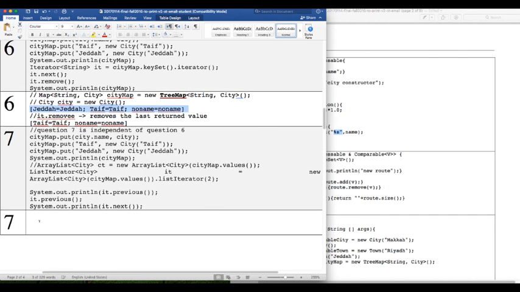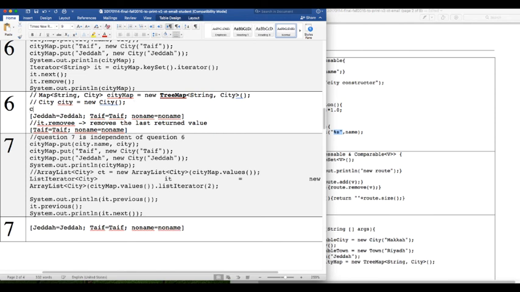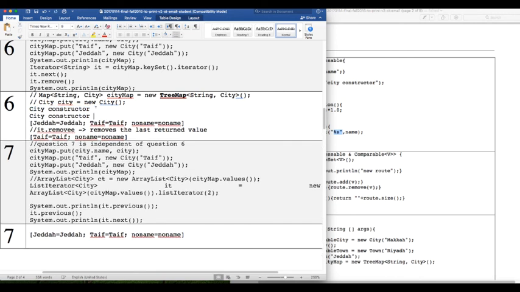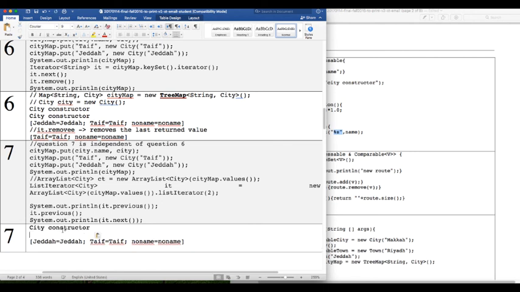Okay. Here now in the last question we have the same thing. Of course, we need to write the city constructor twice because new type, new Jeddah. And then until here it is the same. Then what will we do? We do